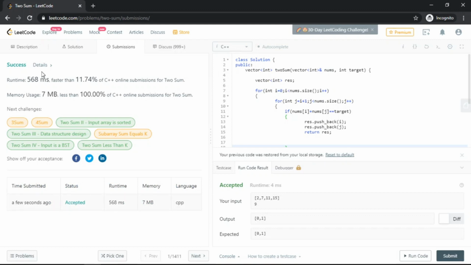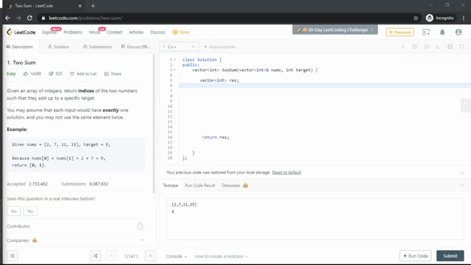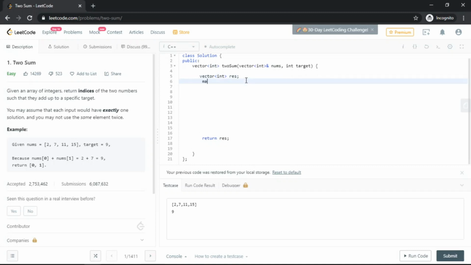So it's a great utility for us to see what memory and runtime the solution is taking. A great feature of LeetCode is that it also provides metrics, as you can see: faster than 11.74% of C++ solutions submitted. So our solution is still not much optimized. Let us optimize the solution a bit. What we'll do is use vectors as well as maps for storing the indices of the elements. We'll be mapping an integer to an integer, that is, mapping our elements to the indices of those elements. Let us name it hash table.